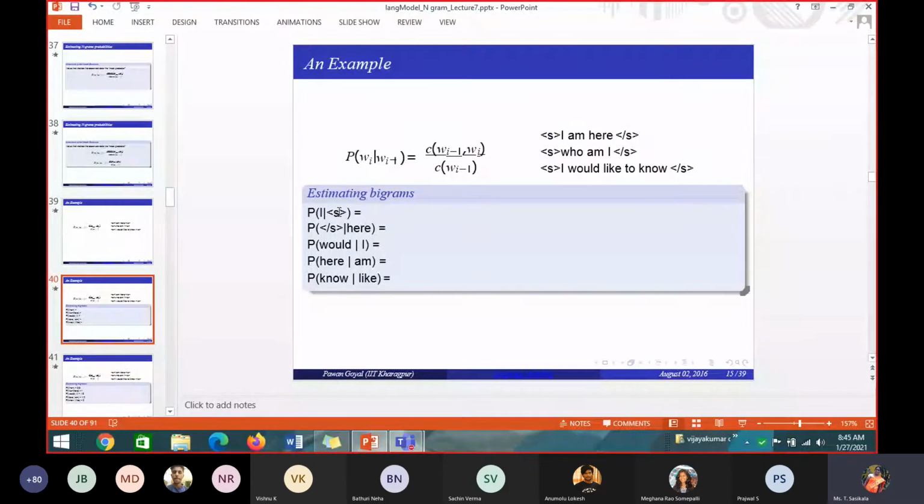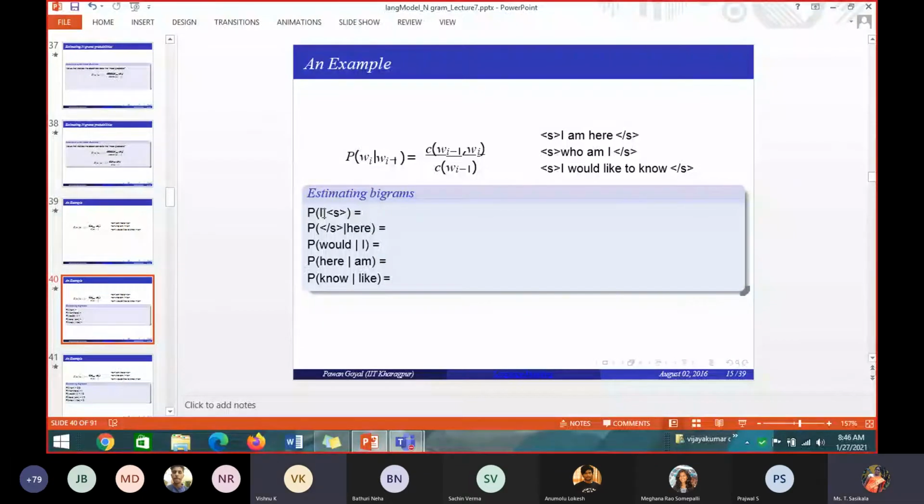Like that, you can calculate for trigram, anything. Can you tell me the probability value? What will be the numerator part and what will be the denominator part? So, using this formula, what is W_(i-1)? What is the word I have to find out here? What is the probability I have to find out here? W_i. Take the first example. Yes, 2 by 3 is correct. First you tell me what is W_i.